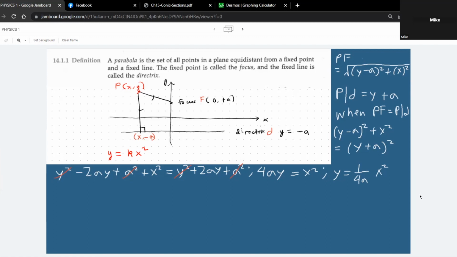So convenient choice yan kasi kung halimbawa yung focus ay nasa 4, 5, tapos yung directrix is y equals negative 7, diba? Find the equation. Sige, sulat mo. So as an exercise, which I'm not asking you to do now,